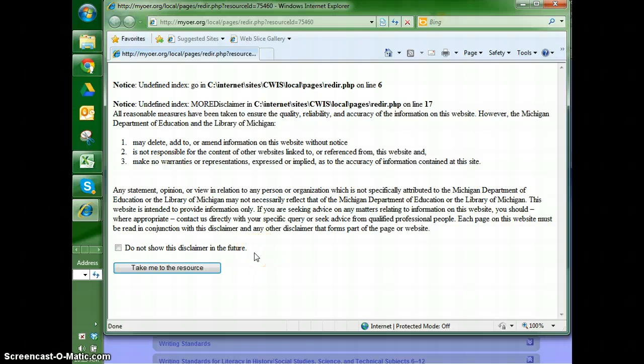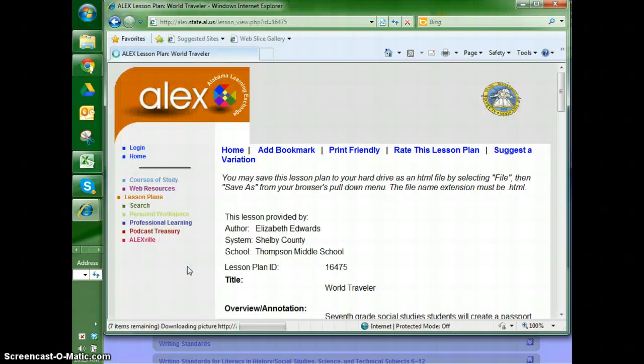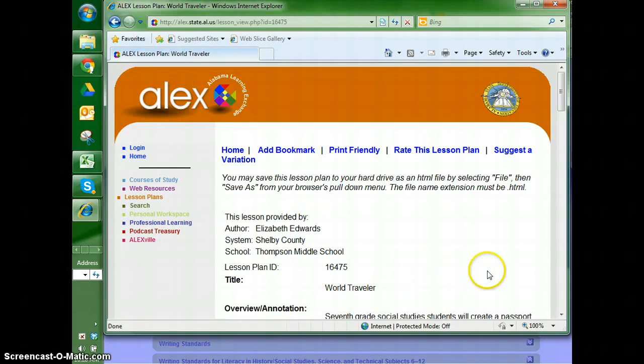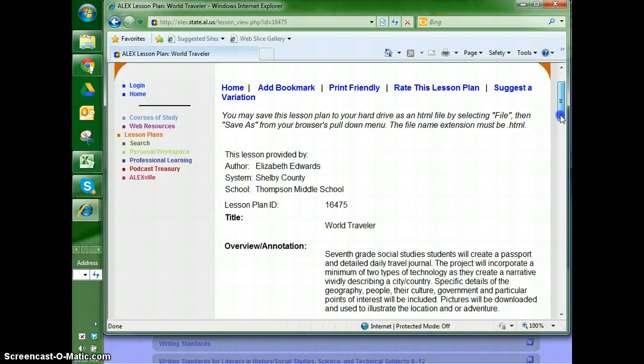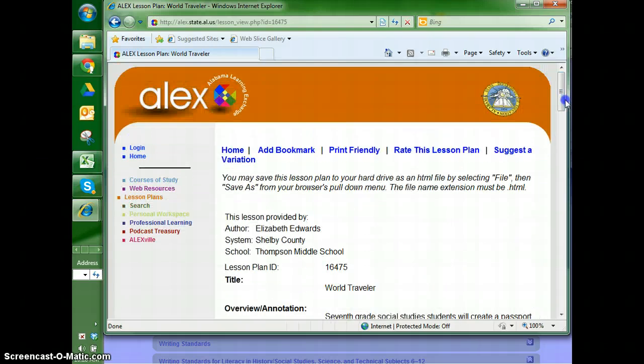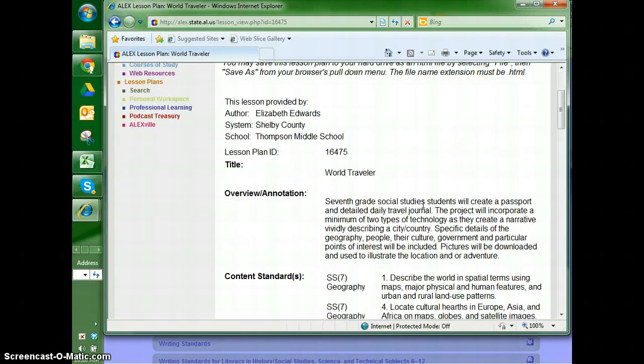Don't worry about it. It's a disclaimer put up there by the Michigan Department of Ed, who we're working with in South Dakota in conjunction with Michigan. You can click this so it says do not show this disclaimer in the future, and then take me to the resource, and voila, there you get this lesson, and it's from a site which is wonderful. It's called ALEX, Alabama Learning Exchange, and Alabama is also in the Common Core standards. So anyway, here is